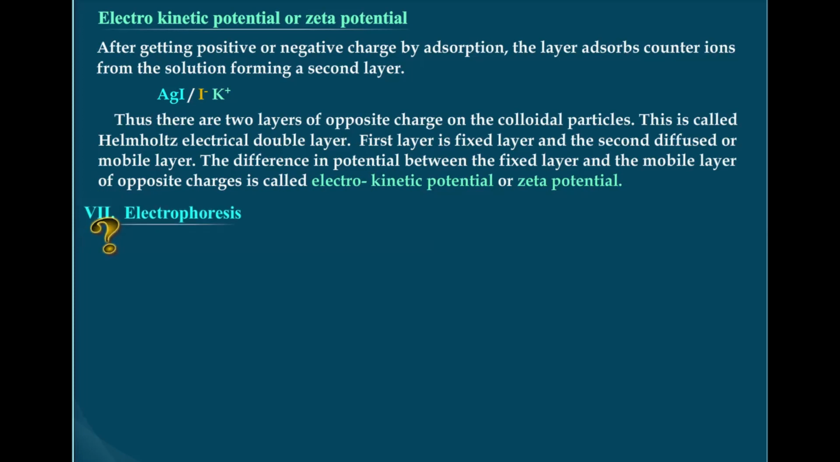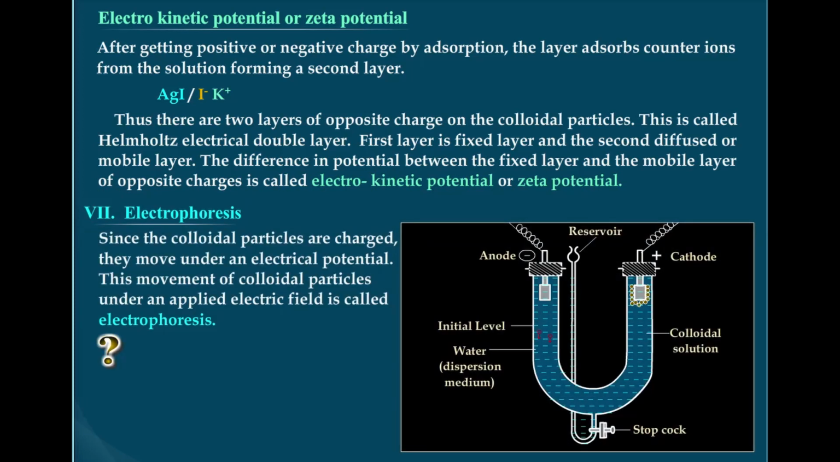Next is properties: electrophoresis. The existence of charge on the colloidal particles is confirmed by the electrophoresis experiment. You can see the diagram here. Since the colloidal particles are charged, they move under an electrical potential. This movement of colloidal particles under an applied electric field is called